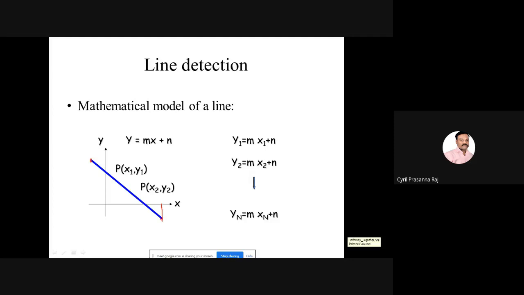Now, if I take the point x1 and substitute x1 here, and I know the slope of this straight line and I know the y-intercept, that is n, you will get the value of y corresponding to this. Suppose I take a point here on x and substitute that in this equation and try to tell what is mn. Now what happens?